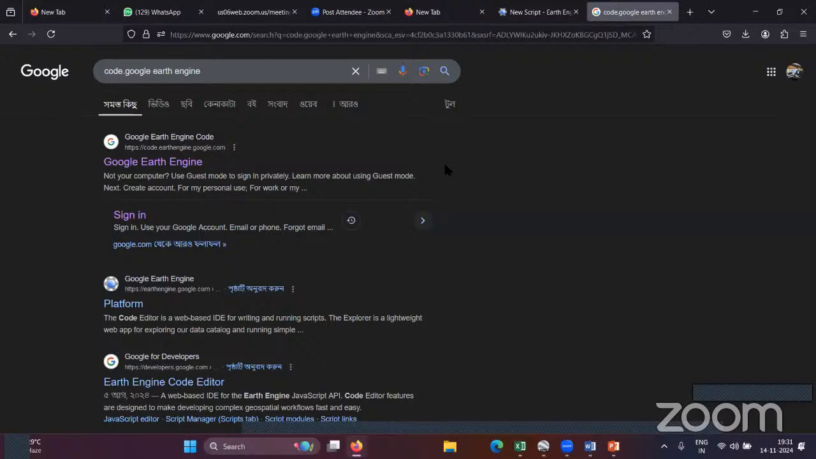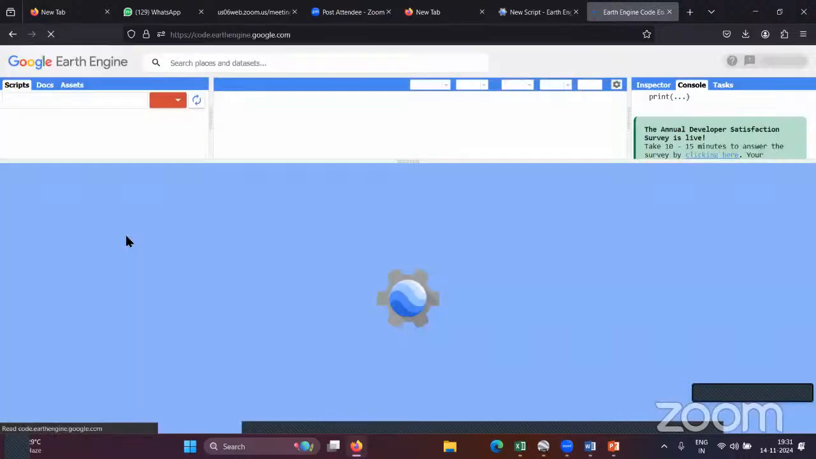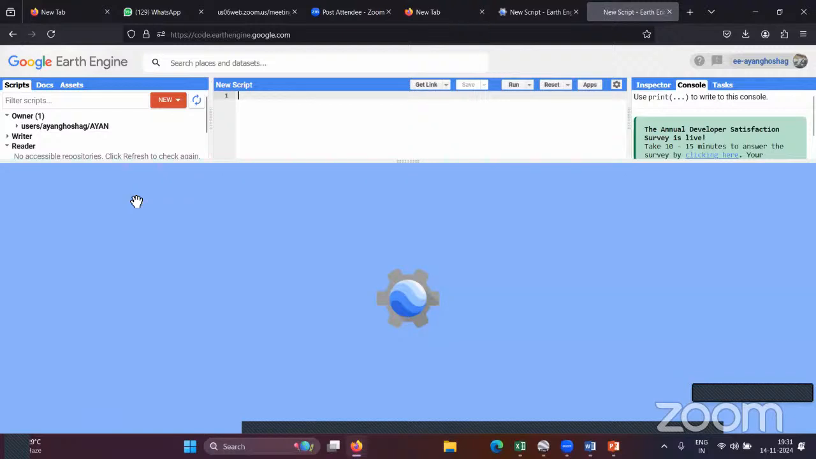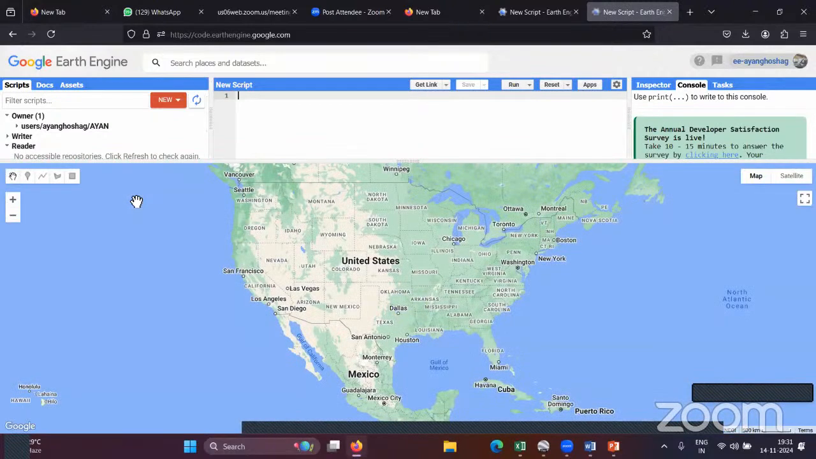Once you go to code dot Google Earth Engine, then just click on Google Earth Engine. If you have the account, there is an option to sign in, just like Facebook, WhatsApp. You have to sign in with your Gmail. And if you are having difficulties, feel free to ask me how to install. And there are a lot of videos over there